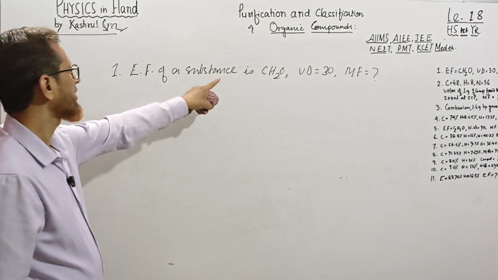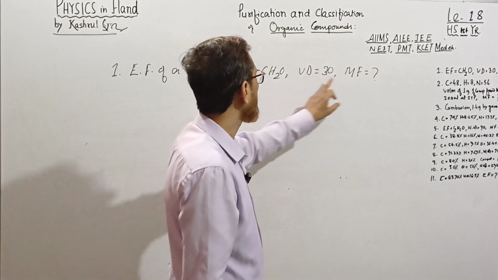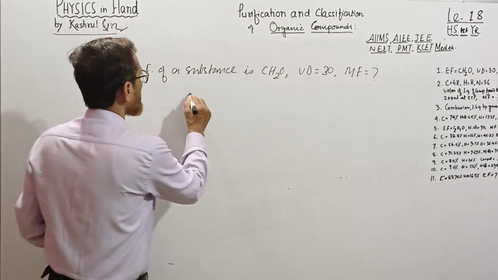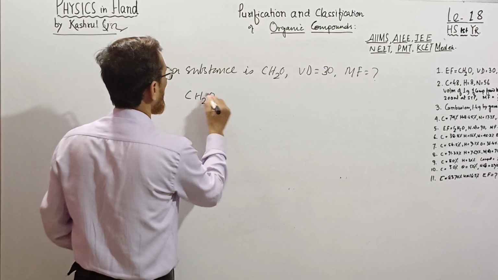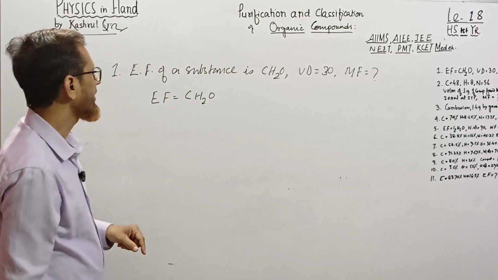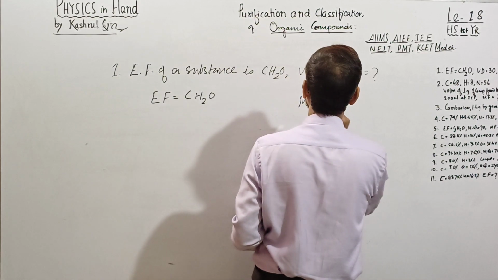The empirical formula of a substance is found to be CH2O, and the vapor density is equal to 30. You are asked to find the molecular formula. CH2O is the empirical formula. Am I right? Vapor density is given. So we know